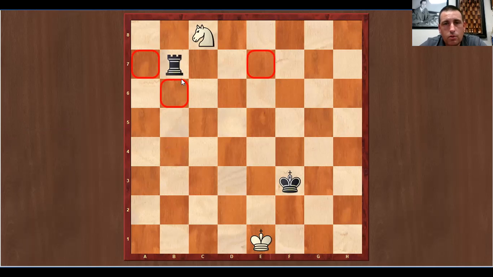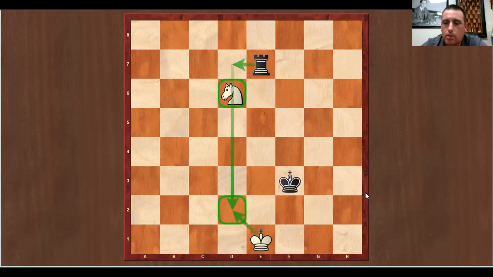Now the knight cannot go to those squares. If the knight comes here, we have the same issue that we just looked at before. All right, if the knight comes here, we have check. Then if the king moves anywhere on the d file,